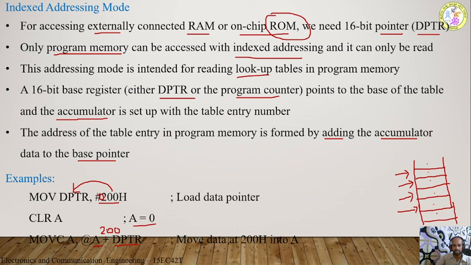And since we have used the @ symbol, it means that this is not a number, this is an address. You go to the memory location 200. For example, this is the 200 memory location; the address of this memory location is 200H. You go to this memory location and take the code. Since we have used MOVC here, this C stands for code. It means that we are accessing the ROM. I told you that using DPTR and the program counter, we can access either RAM or ROM. So this example shows that we are accessing the ROM, the read only memory, where the code will be stored.